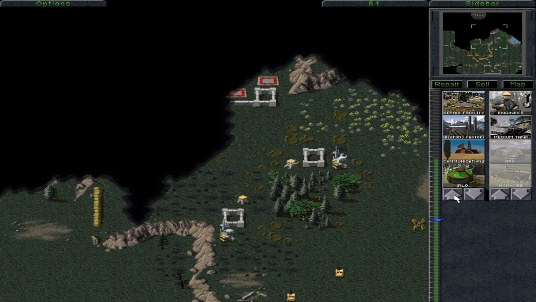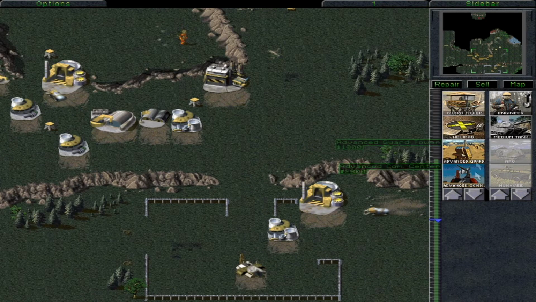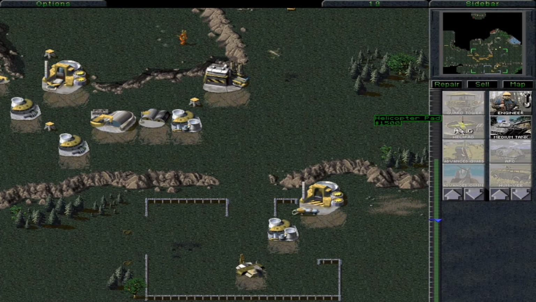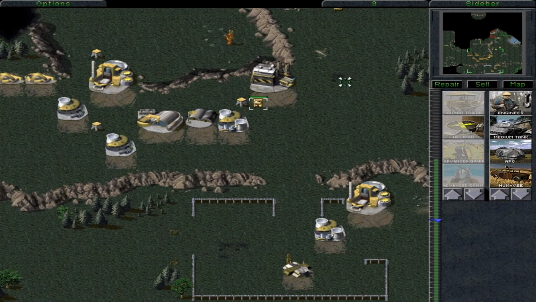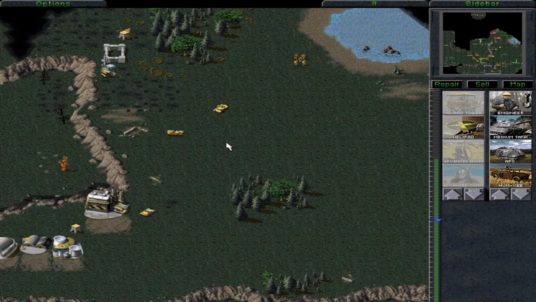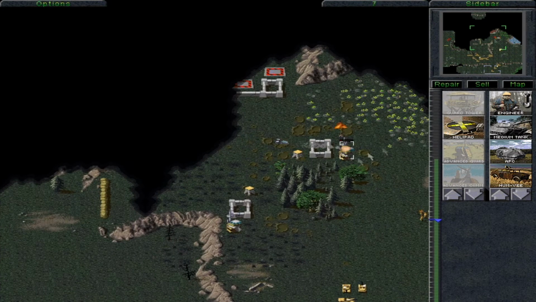But we're now in a situation where we've got a nice production of tanks. Our economy's low because we did not get the extra harvesters, of course. But now we can start to work on the actual objective of this mission. Now, what you want to be focusing on is knocking out the Nod power. And the reason you want to do that is because they have